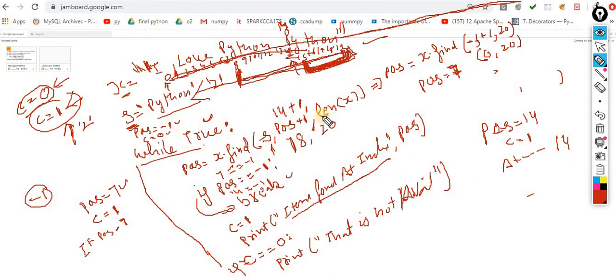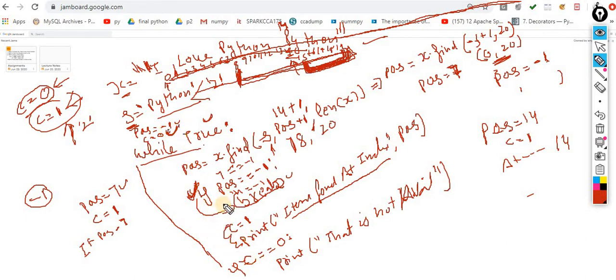So it searches from 0 to 20 and immediately position will become -1, because Z is not present in the entire string. Now the condition is satisfied in the first iteration and it breaks out. When it breaks out, this would not happen, and the C value remains 0.